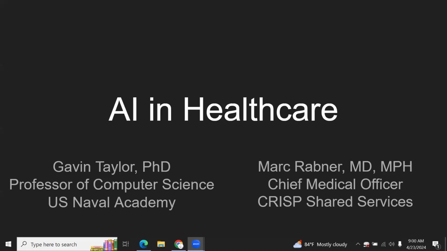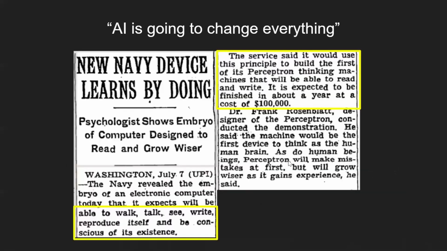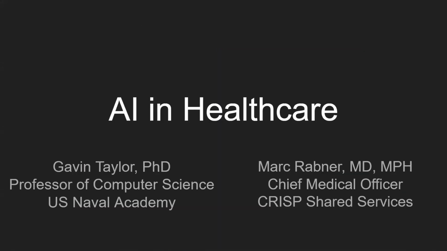We have with us Gavin Taylor, who's a professor of computer science at the U.S. Naval Academy. He earned his PhD in computer science from Duke University and has since published more than 30 papers about artificial intelligence and machine learning, with a recent focus on behaviors and vulnerabilities of neural networks and applying reinforcement learning to enable smart sensing on battery-constrained devices. As an educator, he has won several teaching awards and is chairing the development of the Naval Academy's new major in data science. He lives in Annapolis, Maryland with his wife and young daughter and serves on the CRISP Consumer